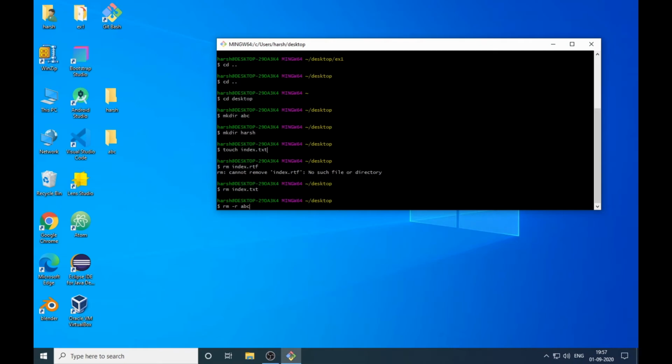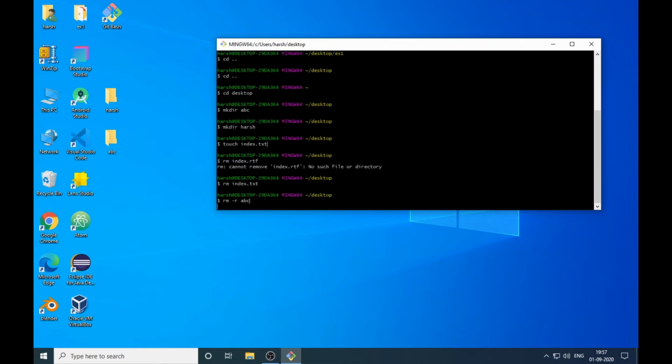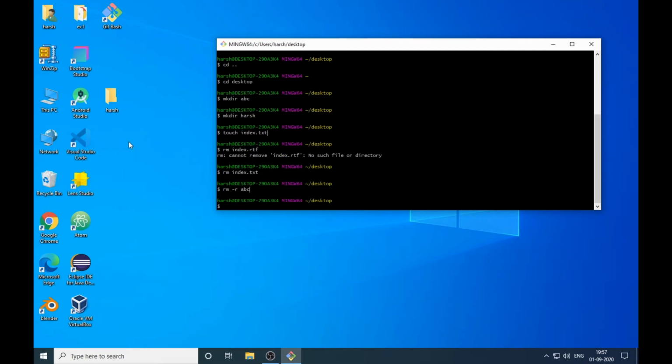So after entering this, it will remove. Again, if I want to remove the other one, just type rm -r and the name, which is Harsh, and press enter. So it will remove it simply. So here we have learned two commands: remove file and remove folder.